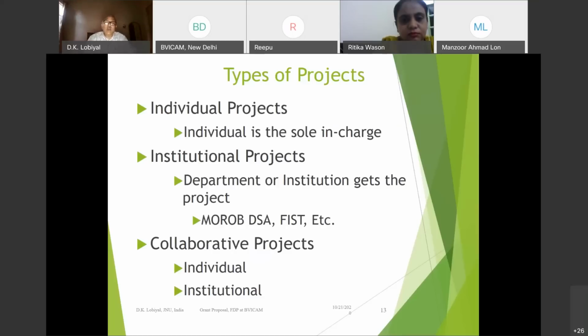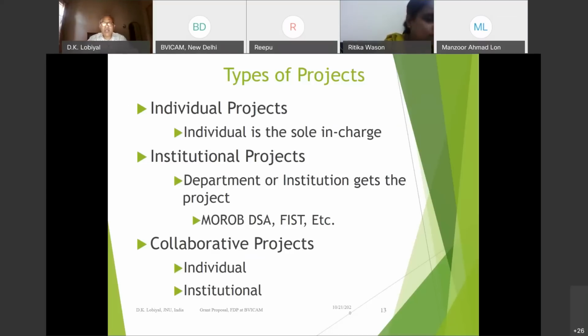And then, as I said, that can be collaborative projects. The third area of development falls in the collaborative project, where the funding agency will say you can take a collaborative project provided you have a partner from the industry. It may be an individual collaborating with the industry, or an institution collaborating with a private agency. For example, AICTE came with a project proposal in cyber security. If some company is working in that area, and an institution has a collaboration with it,